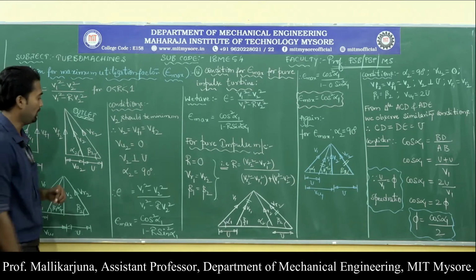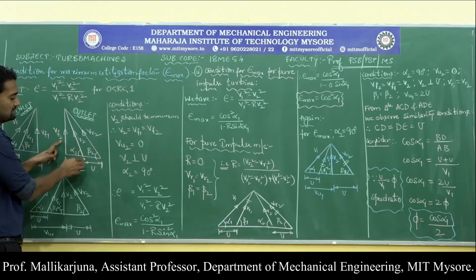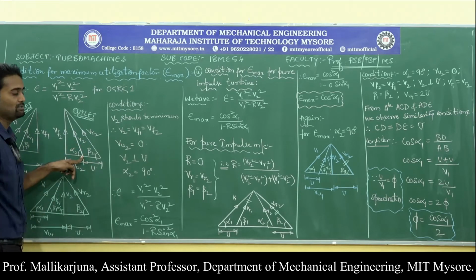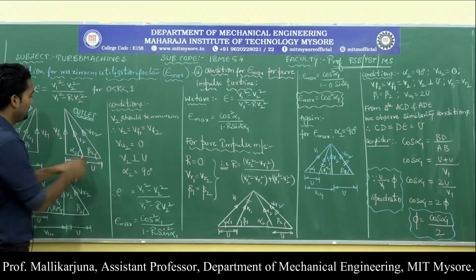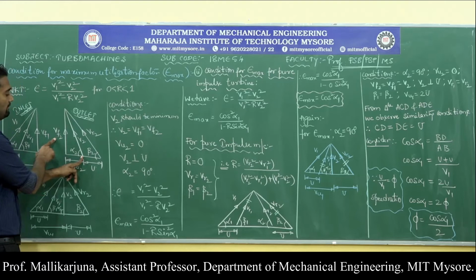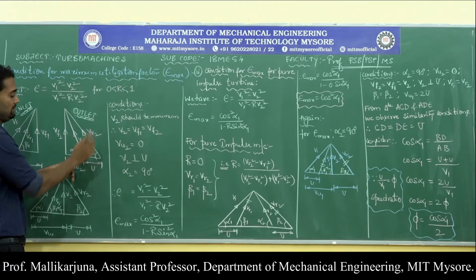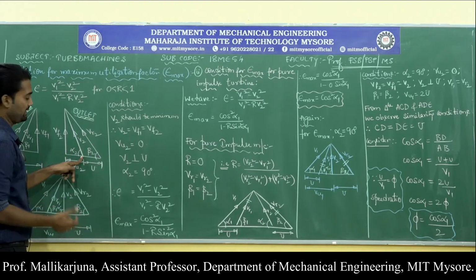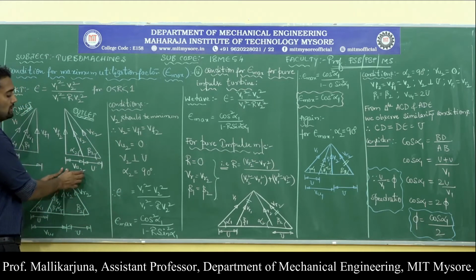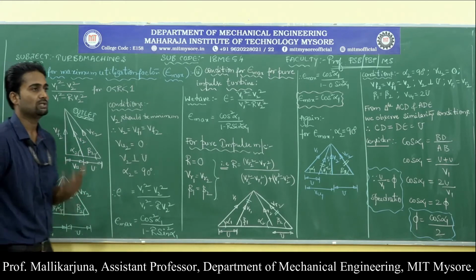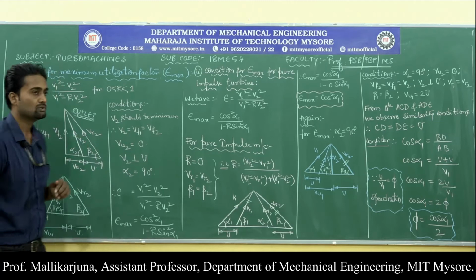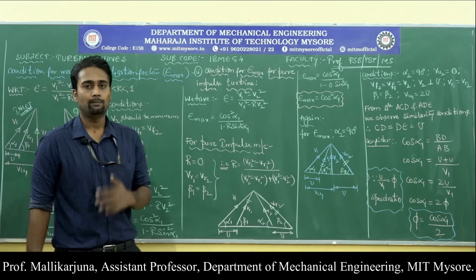If you look at the outlet portion, here is V2, the absolute velocity of the fluid at the outlet, then VF2 is the vertical component, the flow velocity at the outlet, VR2 is the relative velocity, U is the blade velocity or rotor speed, and VU2 is the horizontal component of V2, which is the tangential velocity component of V2. This we have learnt in the previous session.